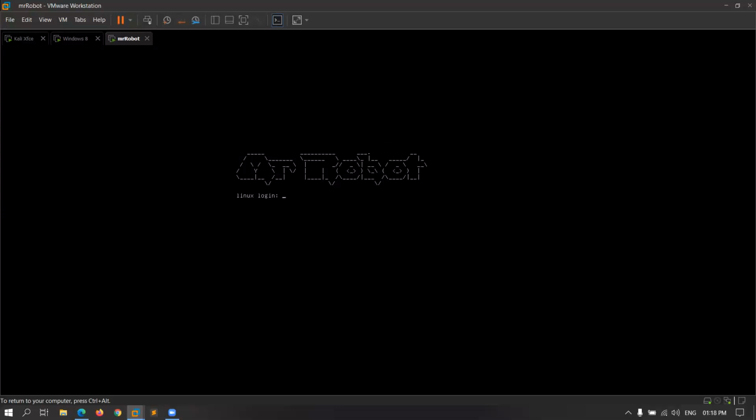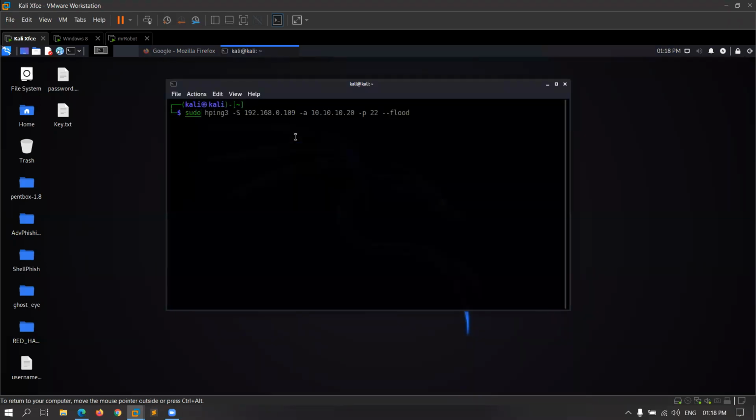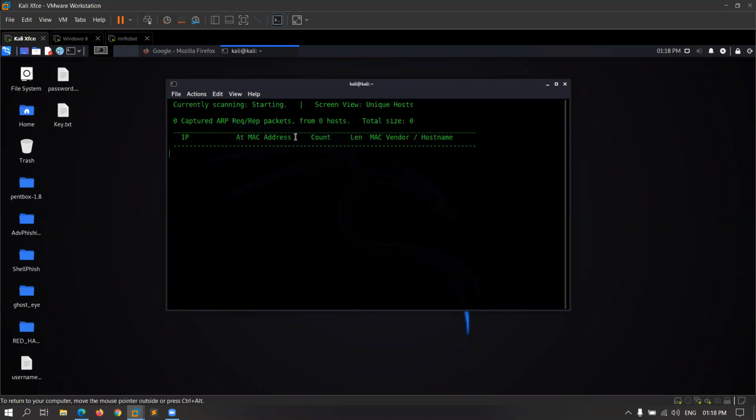So the machine has been started, and this is our victim machine on which we have to do a lot of enumeration, as well as find the keys. I am on my Kali Linux machine. The first thing is, I have to enumerate the network and find the IP address of the machine. There is a vulnerable machine in my network, and I don't even know its IP address.